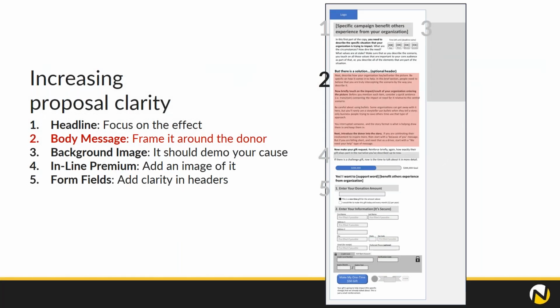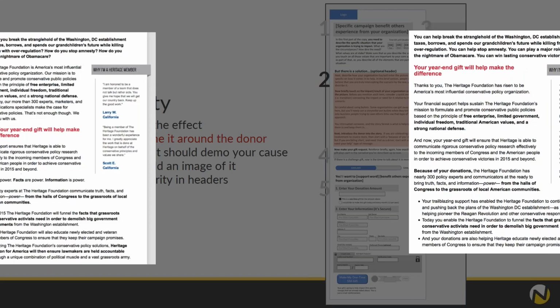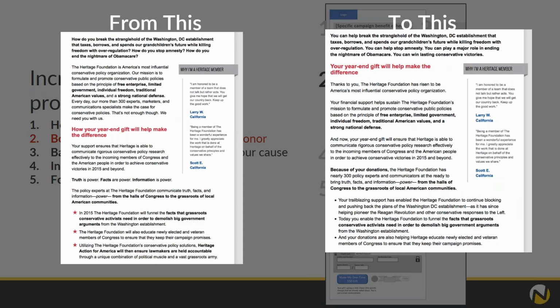Let's take a look at another one, the body message. One opportunity that we've had, again, to increase that aha moment is to take that same concept and put it in the body copy. So let's take a look. On the left, it's difficult to read, and you're not going to have time to read it all right now. But it talks about the organization, for this particular group. This organization, our mission is to, and this is, you ensure that the organization does this, this, and this. Whereas on the right, thanks to you, your financial support helps sustain. And now your year-end gift,